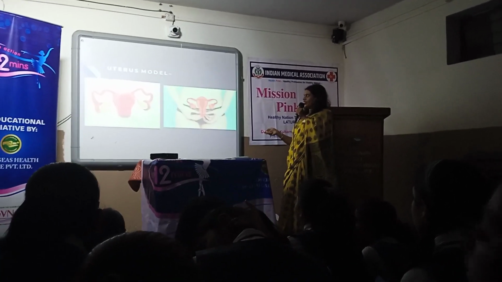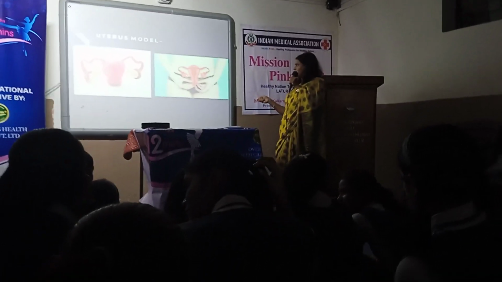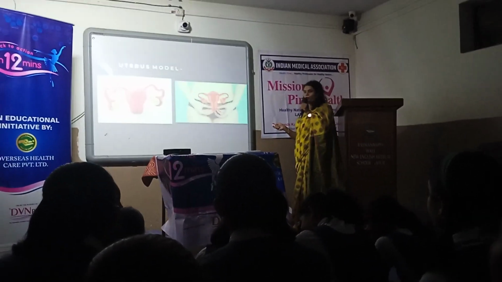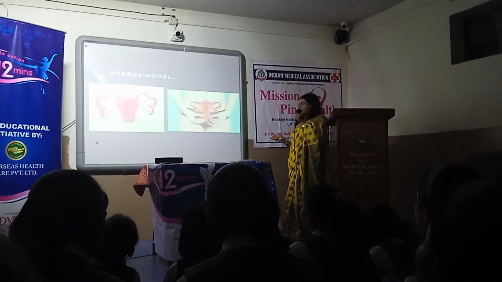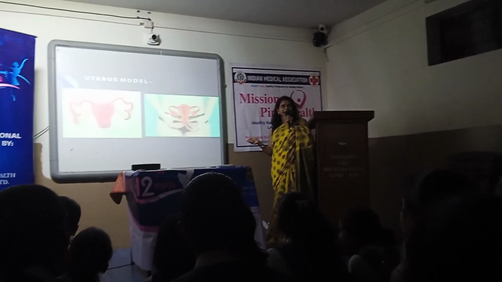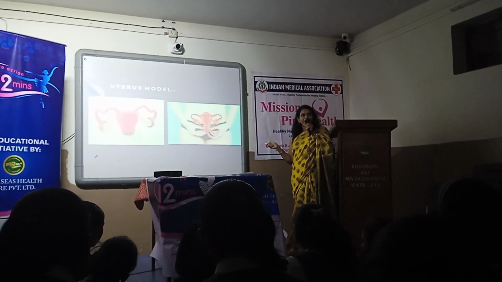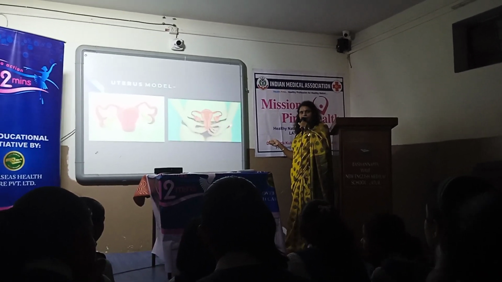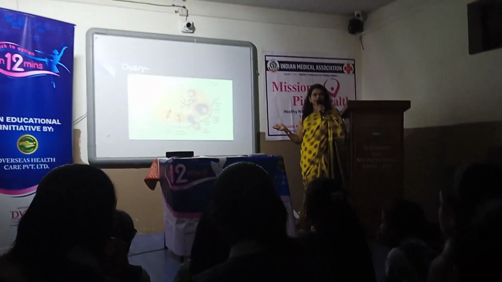You can see the ends very well here, and these are the two ovaries which are attached by ligament to the uterus. And this is the anatomical position where our uterus is placed in our body. In front of this uterus there is a urinary bladder, and behind the uterus there is a rectum and anal canal. Okay, next please. So this is the ovary.